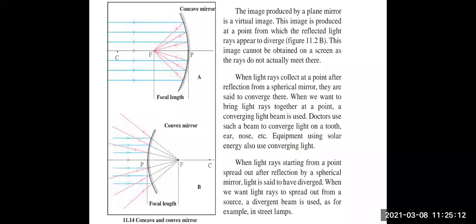Whereas in the diagram below, you can see the mirror is a convex mirror. Now, how can you identify that the given mirror is a convex mirror? You can see that the incident rays are falling on the outer surface of the mirror. The tilted lines are shown inside the mirror, whereas the arrowheads on the incident rays are towards the mirror. They are falling on the outer part of the mirror. So it is a convex mirror.